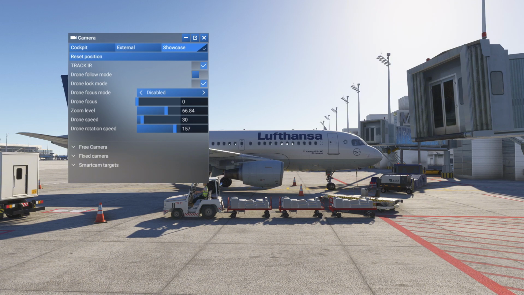Okay, but that doesn't mean their payware planes are going to be the same. They are actually going to fix their payware planes. So the A350, they are going to work to make it very good. And the A300 that they had released before, especially now that they're saying they're looking into